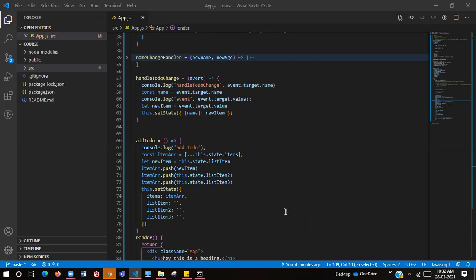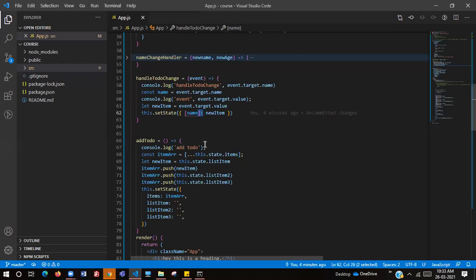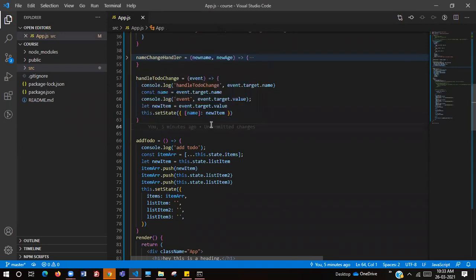See this, setState of name. When you are doing that name, you have to embrace it with square brackets, not the curly brackets. Is it for me, Harish? Somebody shared, Divya. Yeah, it's for Divya, where I'm telling the correction. See, in line number 42, when you are setting the state, after setState you embraced the name in curly braces, right? See, in this particular image, that needs to have square brackets, not the curly brackets. Sure, I'll tell you.